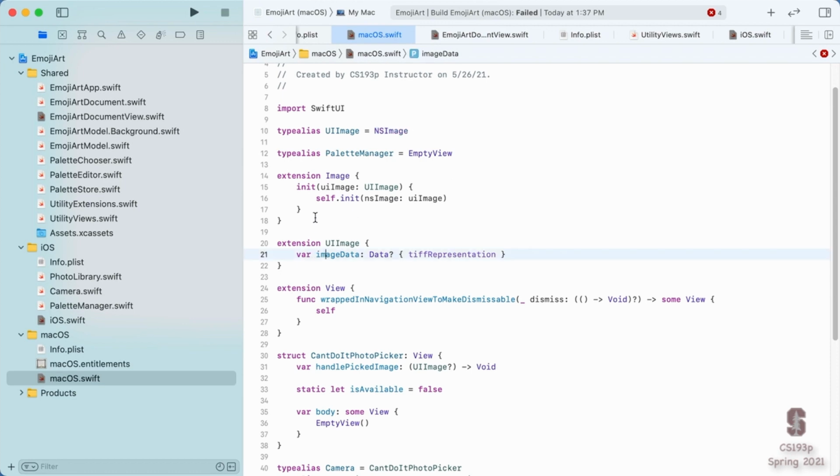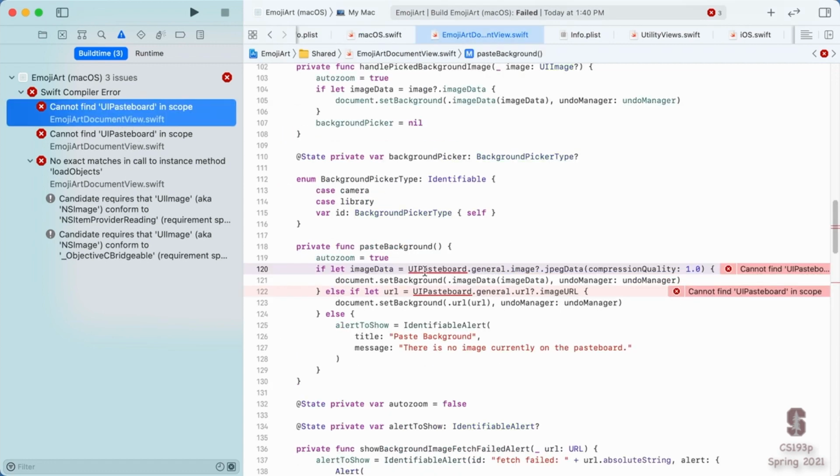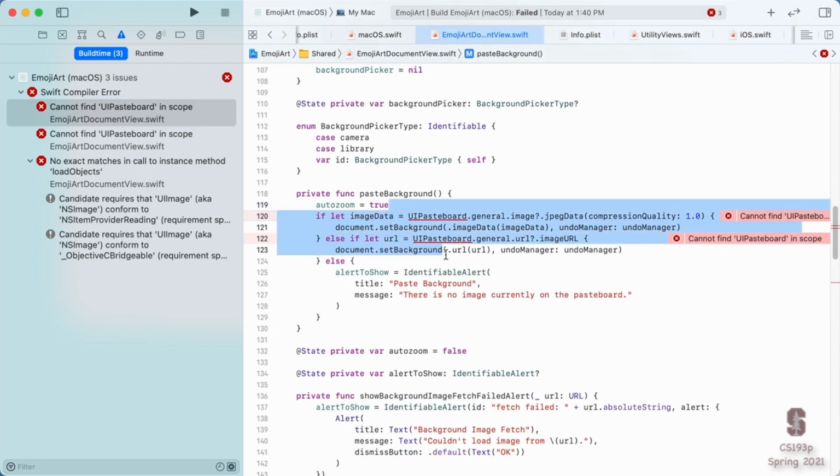So that's another way to do cross-platform, is to create abstractions that can be implemented differently on both platforms. So let's build here. I got rid of that. Ooh, the pasteboard. All right, well, pasteboard is definitely different on the two platforms. There's an NSPasteboard, but it's not exactly the same. It doesn't have exactly these same functions. So let's do another abstraction here. Let's have an abstraction for the pasteboard.